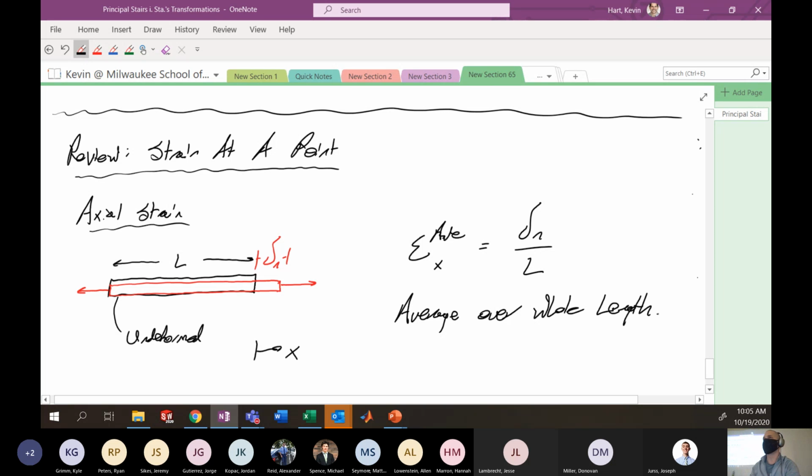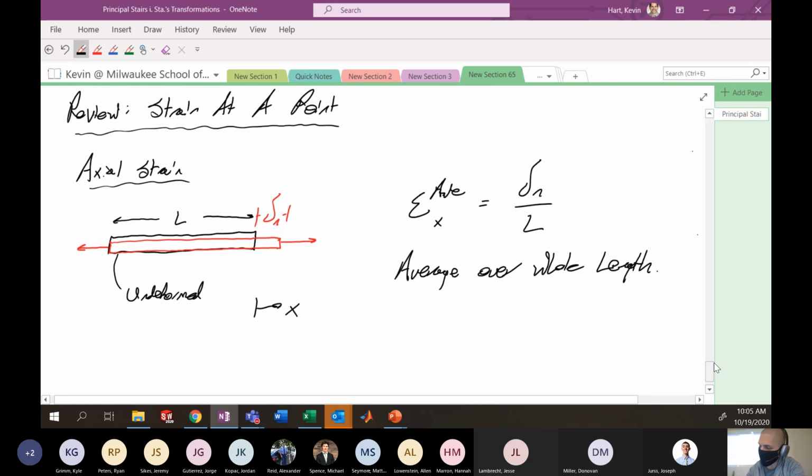Okay? Now, if we're interested in strain at a point, that's different than maybe the average strain over the whole length of this bar, right? Maybe you have some weird stress state where there's a high amount of strain in the middle and a low amount of strain on the edges, okay? And yes, you can calculate some average strain over this whole length L, but maybe the strain is different at various points along L. Could be the case, okay?